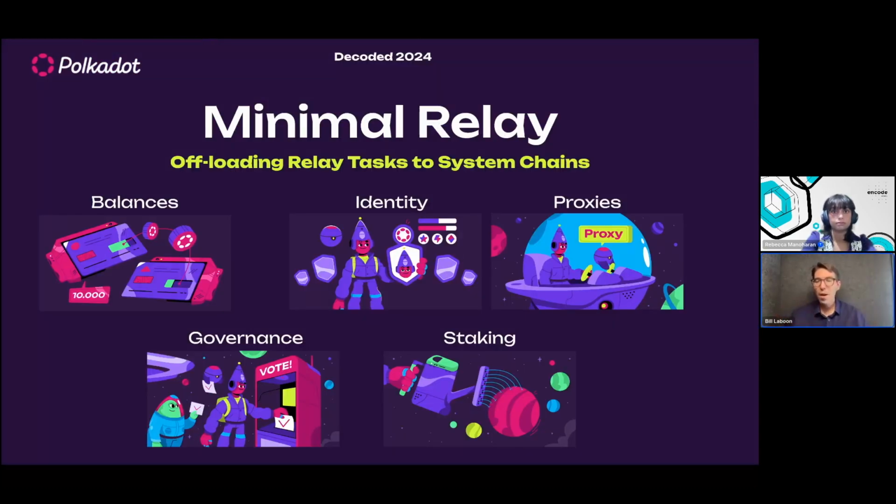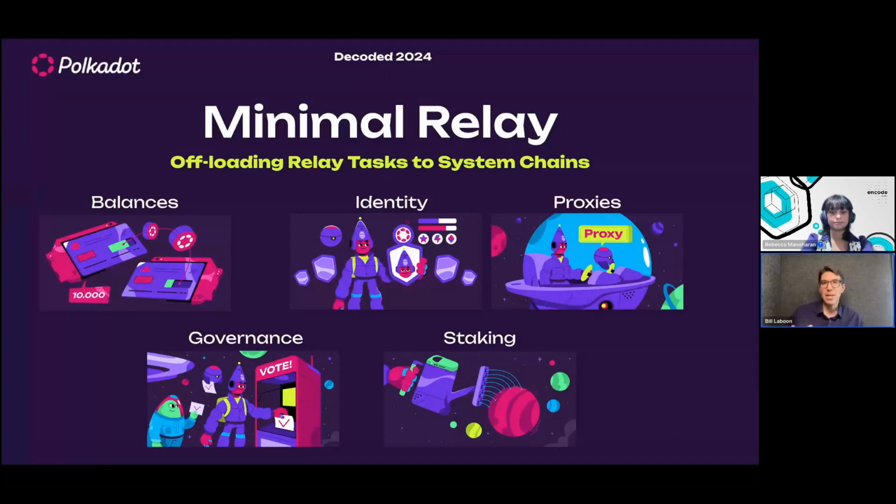So one of the things that we always have to be careful of is the amount of computation power that's available to the validators on the relay chain. And the more the relay chain does things other than securing parachains, the fewer parachains it can handle, right? This is just common sense. If you're watching Netflix and compiling a big Rust program, and you're playing a video game all at the same time, then it's going to run more slowly than if you're just doing one of these things.